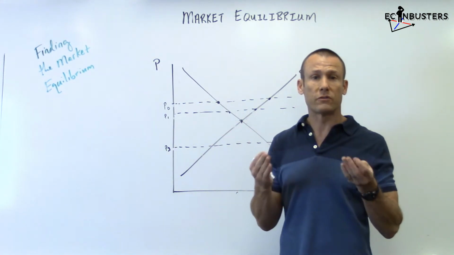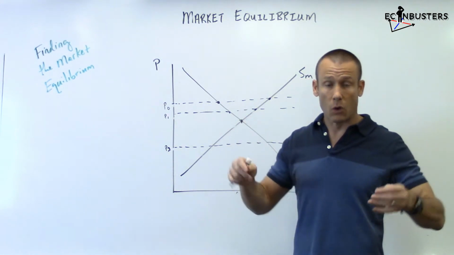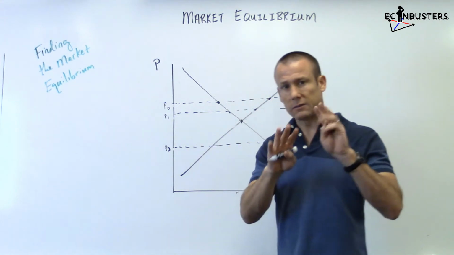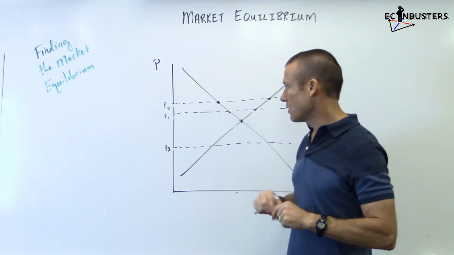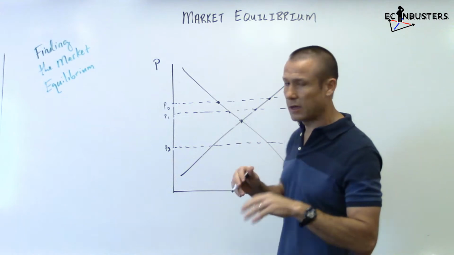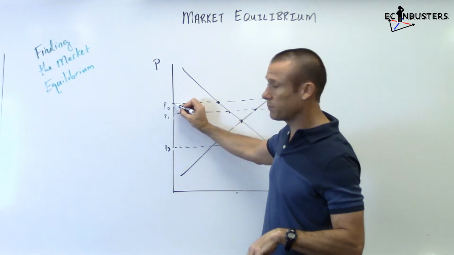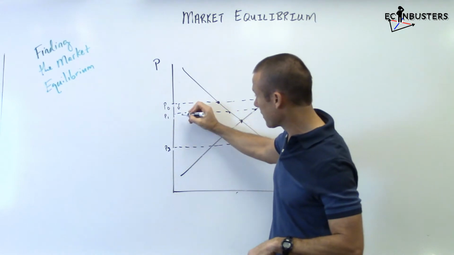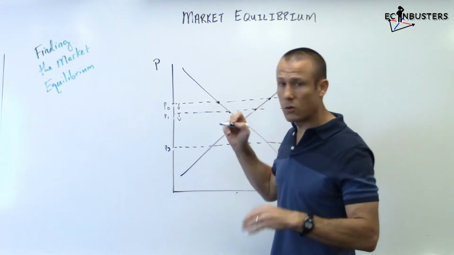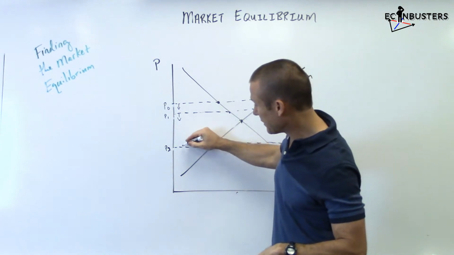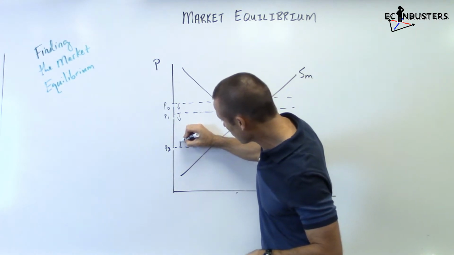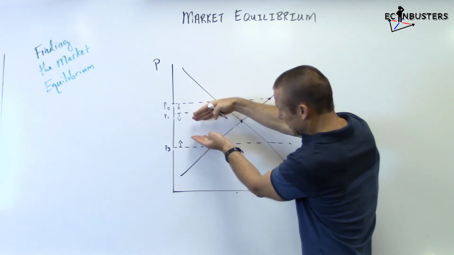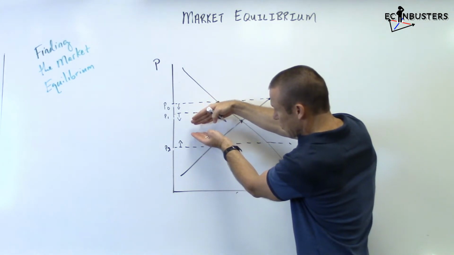So what does shortage tell us to do? That price is too low. Let's raise the price. Now actually, let me pause for a second here, okay? What were the last two prices? Let's go through this really quickly. First we put P sub 0, that told us lower the price. Then we put P sub 1, that told us lower the price. So we know the price has to be lower than P sub 1. Then we put P sub 2, that said raise the price. Hopefully you're kind of understanding that price is going to stay in that range and it's just going to close